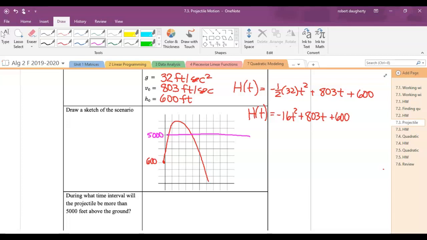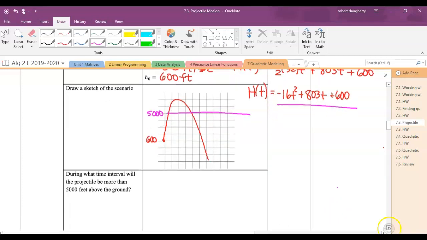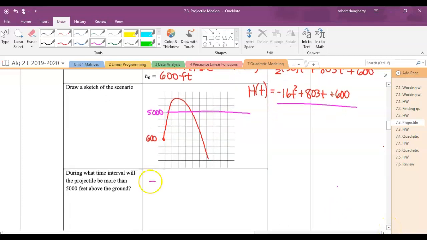Okay, so if I can find when that happens, I'll know the time period at which this thing is higher than 5,000 feet. So I need to figure out where this parabola and the line intersect. So what will I do? Set this equation equal to what? Equal to 5,000. Okay. So where does negative 16 t squared plus 803 t plus 600 equal